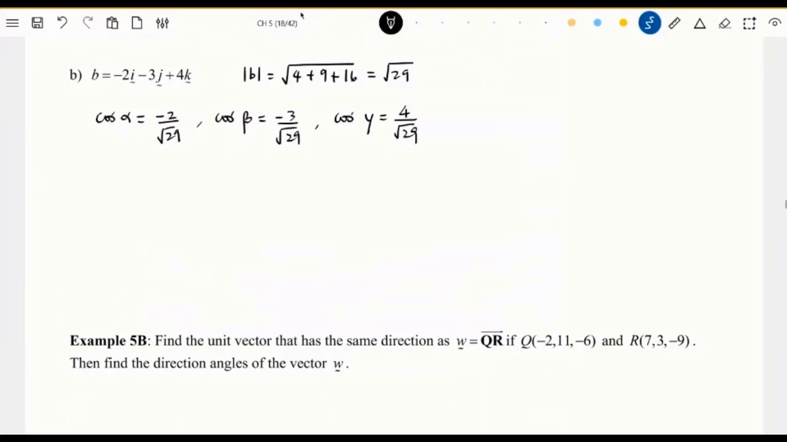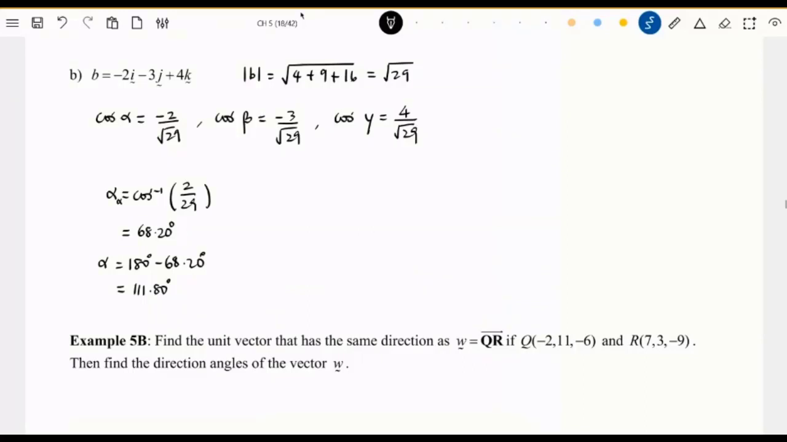Okay. Now finally the direction angle. Alpha will be inverse cos of 2 over square root 29. So I put alpha here. So kita dapat berapa ni? We're gonna have the value 68.20. Okay. So your alpha itself adalah 180 tolak 68.20 degree. So you end up with